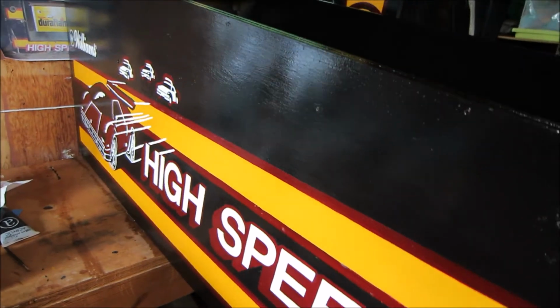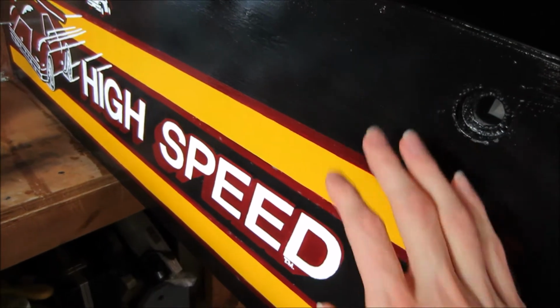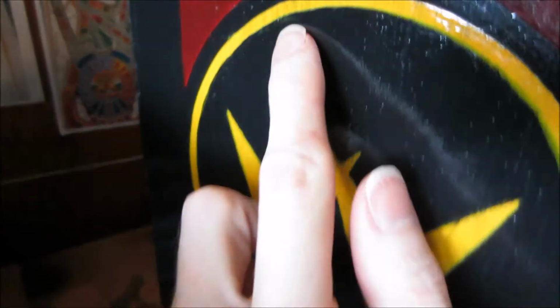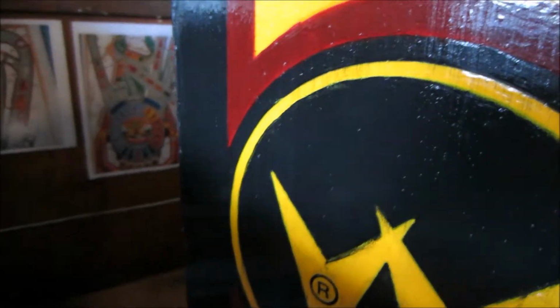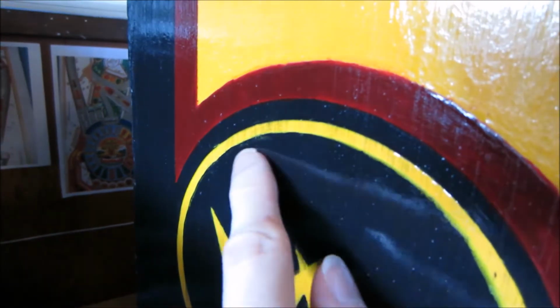But the next cab, if I do clear, I'm going to do a spray first, and then I'm going to use the brush and brush it, because what had happened over on this left side is very noticeable. There's streaking. Let me get this in better light. There is streaking here. It's a little too late to, I mean, I could actually sand this completely down again, but like I said, it's that money thing, and it's already costing me lots of money to restore this thing anyway, so I'll just have to live with the